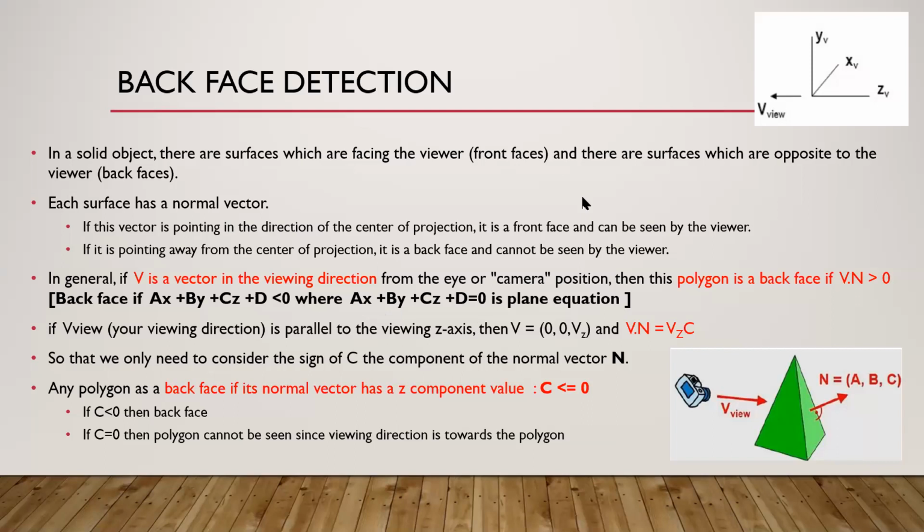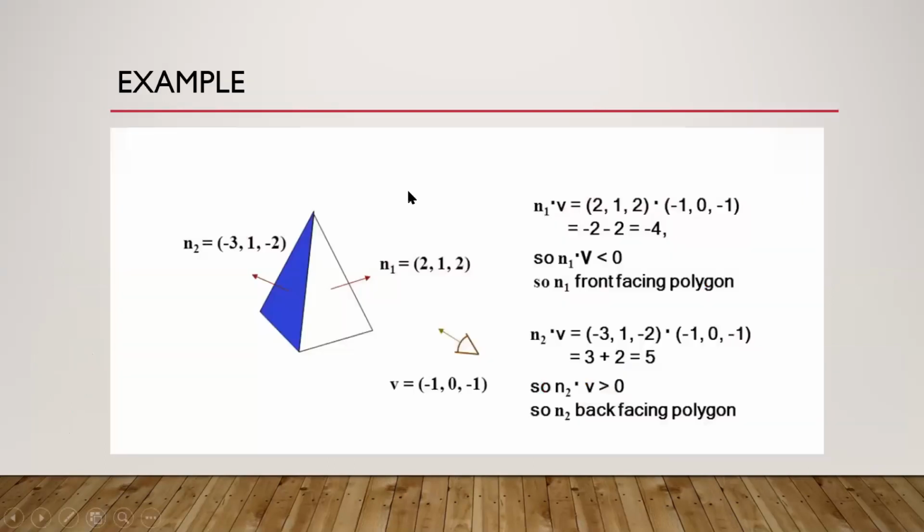So what you're trying to see is whether a particular face or part of the polygon is in line with the viewing position or behind the viewing position. So this is actually following the object space method. Clear? So this is an example of what we have discussed right now.